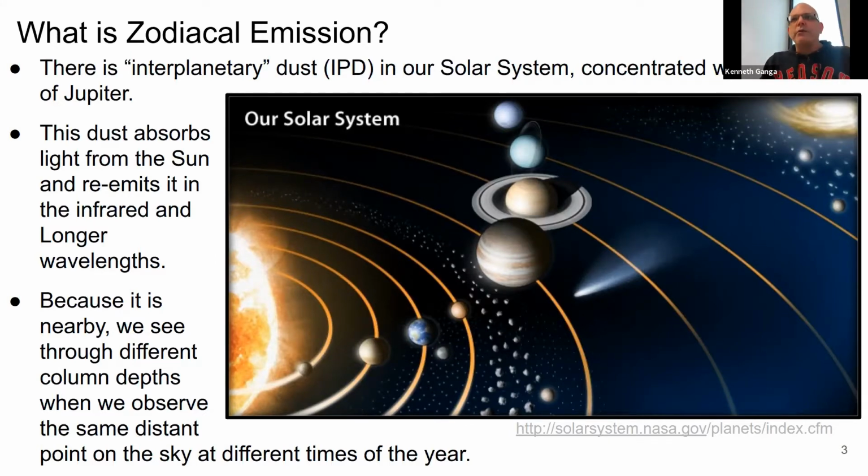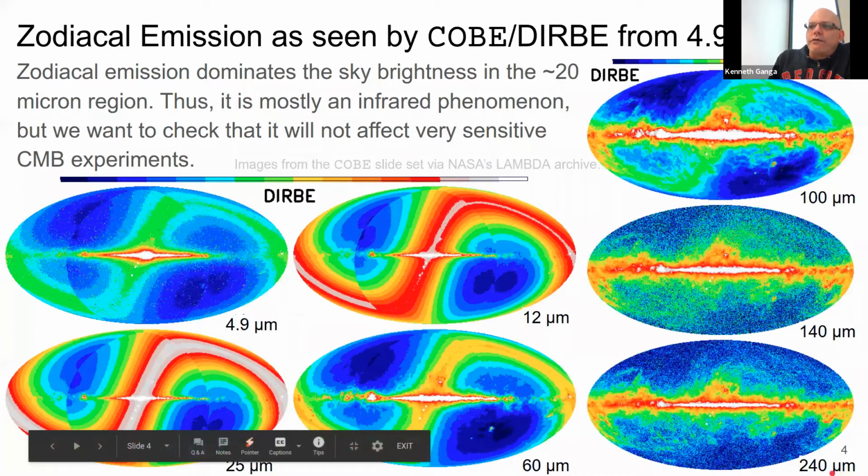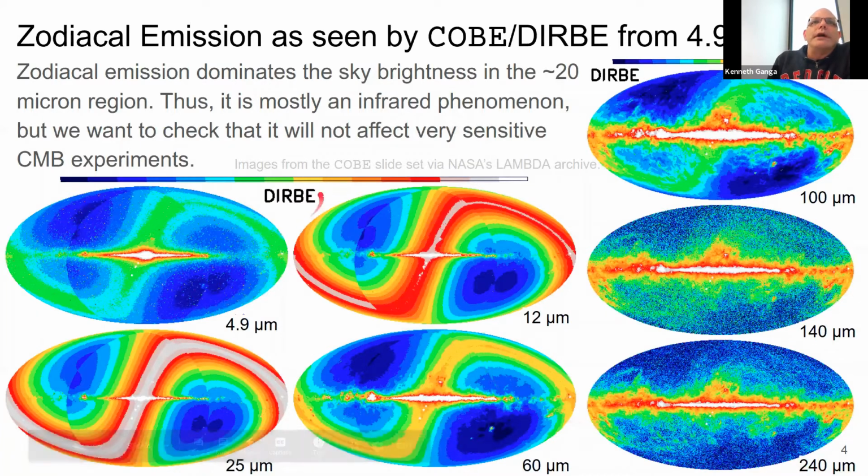So it's something that we have to keep in mind and look at. So as I said, this is thermal radiation. And what I'm showing here is not the cosmic microwave background. These are maps from 5 to 240 microns from COBE DIRBE. So these are real infrared, mid-infrared,